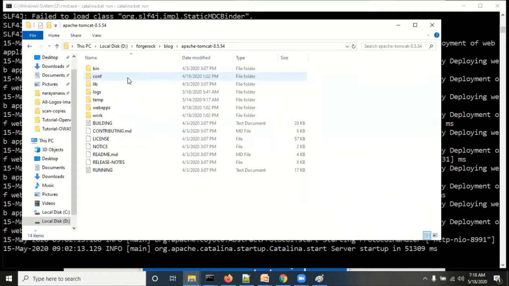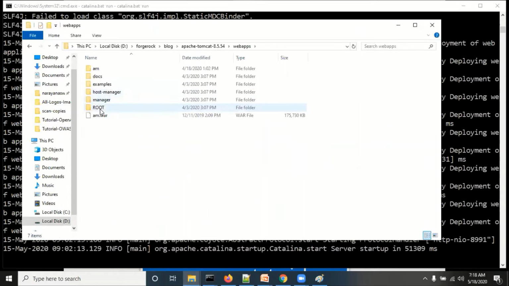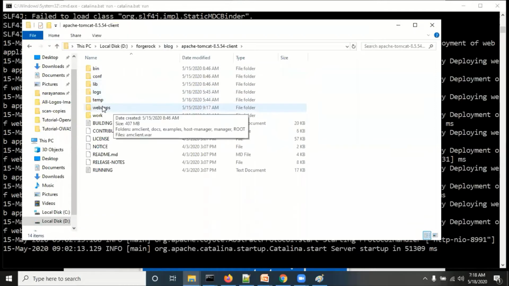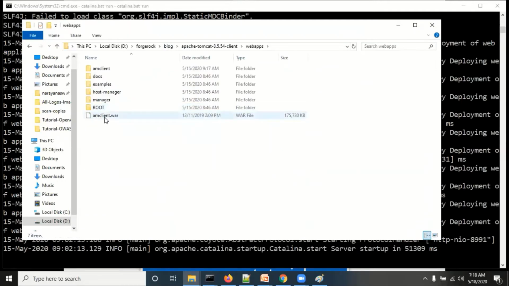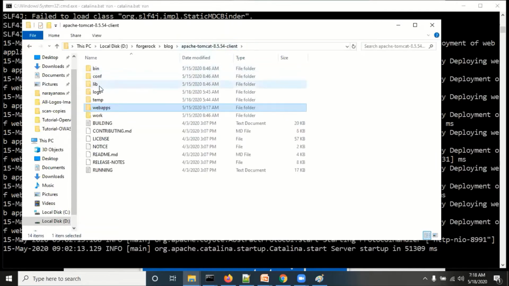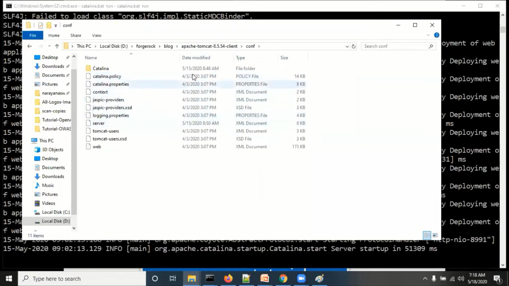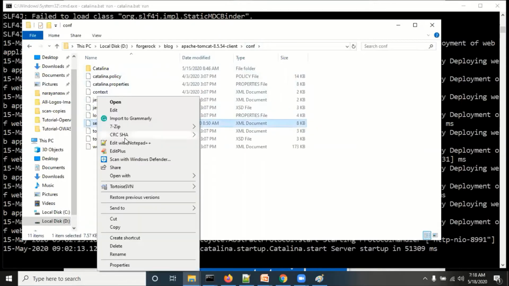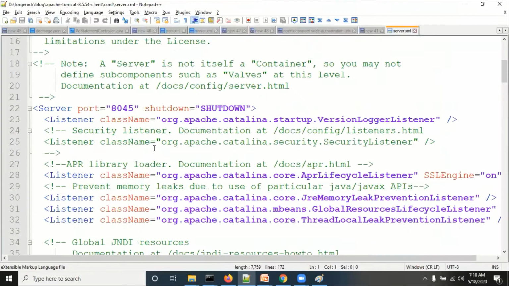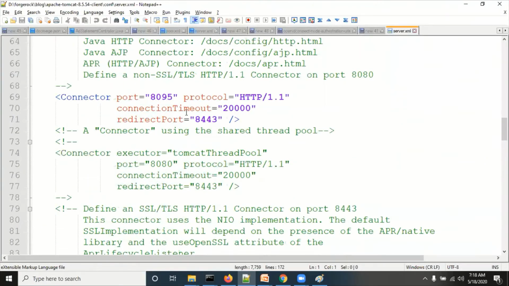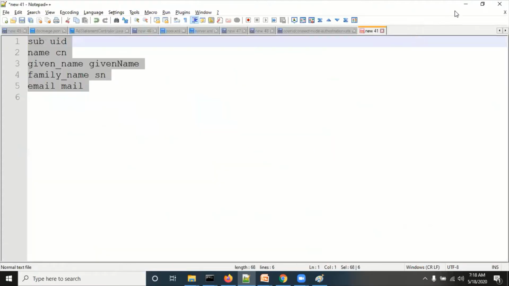Under the webapps there is am.war, and in the same way in the client application we have am-client.war under webapps. And how to change the port? I think you are aware of all these things. You can go to the conf folder, inside that there is server.xml, and there we can change the port. It was previously 8080, and now I changed it to 8095.